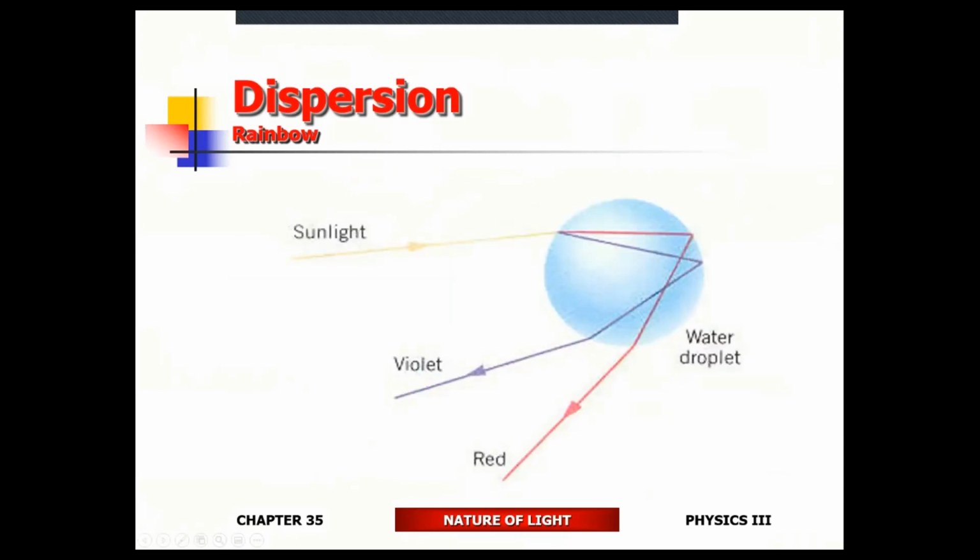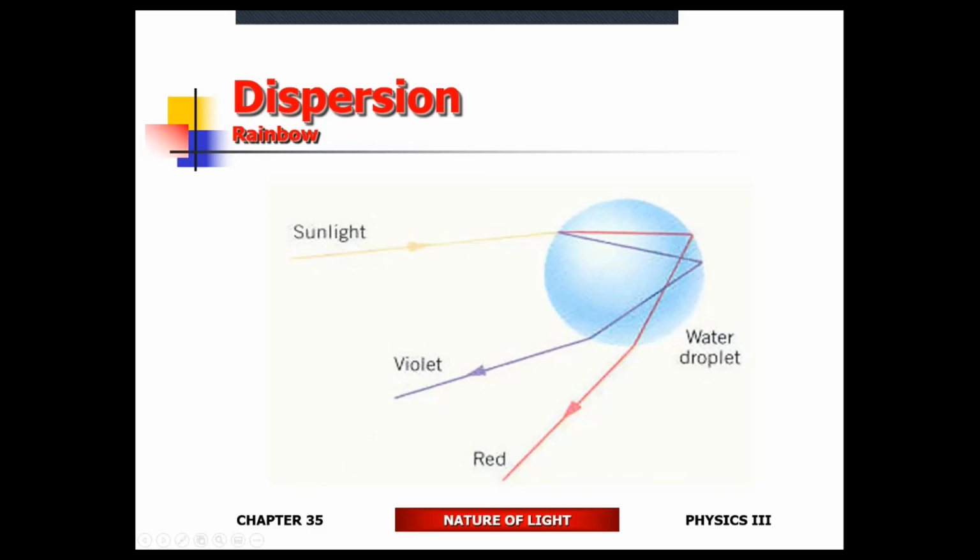Here's what happens when there are water droplets. Here is a single water droplet. The light enters into the droplet, and then it's going to experience refraction. Notice that the red is going to bend less, the violet is going to bend more as soon as it enters into this water droplet. And then if it hits the boundary at an angle larger than the critical angle, there's going to be an internal reflection. So the red gets internally reflected, and then it gets refracted out. The violet gets internally reflected and refracted out. Now we've got a nice color separation.